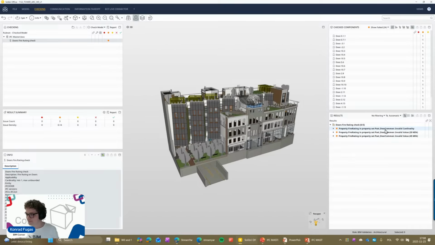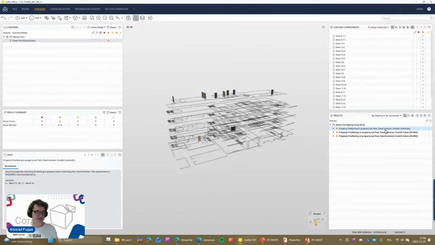The first one is called invalid cardinality, and this description says found 0 properties matching fire rating in property set matching pset door common. The requirement is required, and this is not very informative if you ask me. But in practice, it means that doors in this issue do not have any property called fire rating in property set door common. This is exactly the example that Ignacy showed us previously,